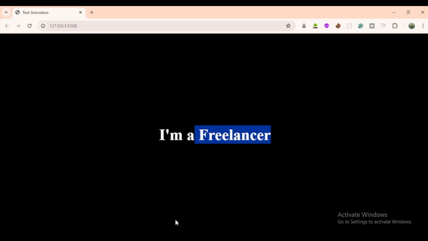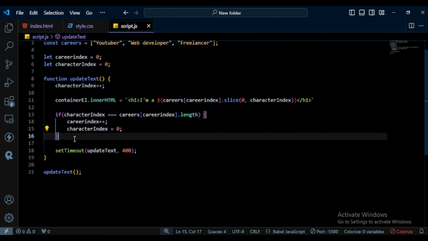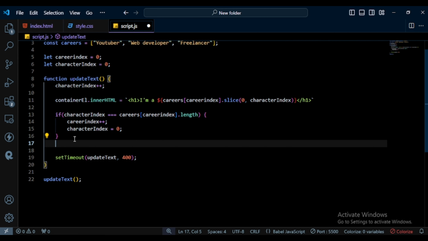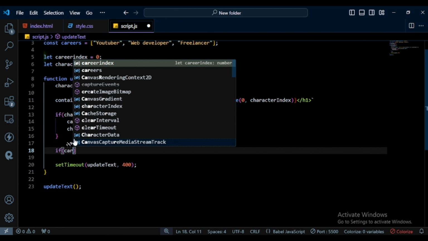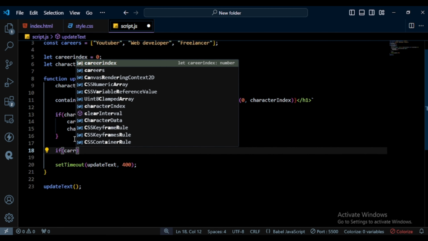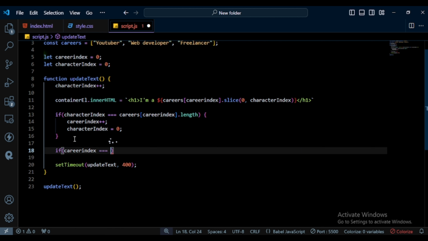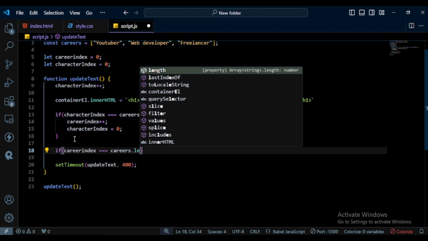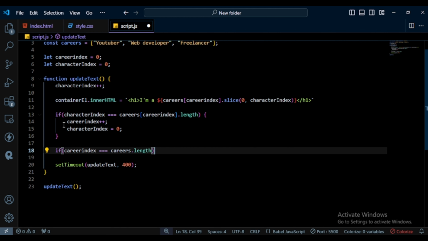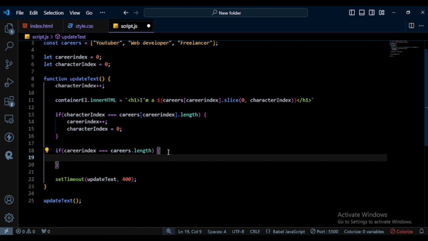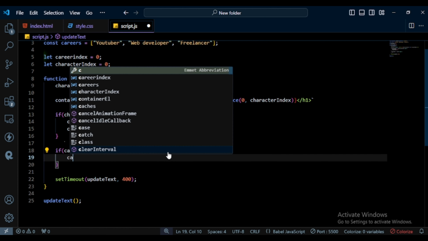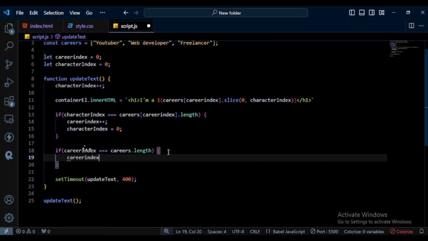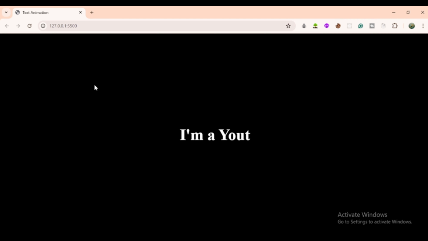Okay, so I go to VS Code, and here I create another condition. If careerIndex is equal to careers.length, what we can do here: if all career options have been displayed, then we reset to the first career option. So here I write careerIndex = 0. So save this file, and here you can see I am a YouTuber,